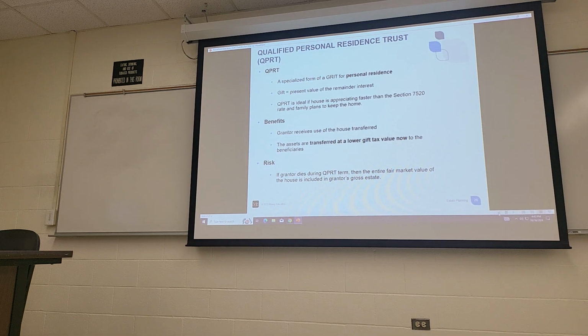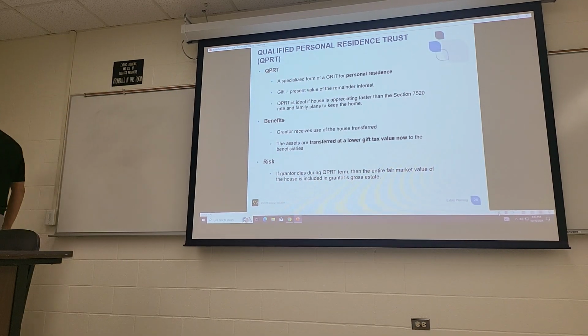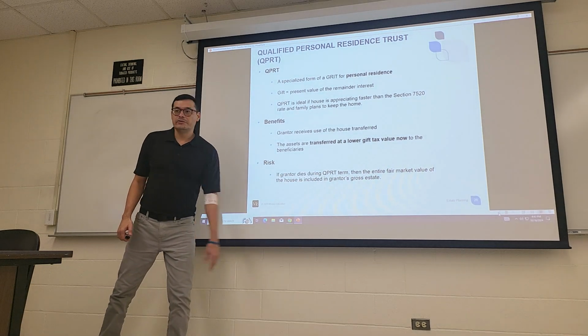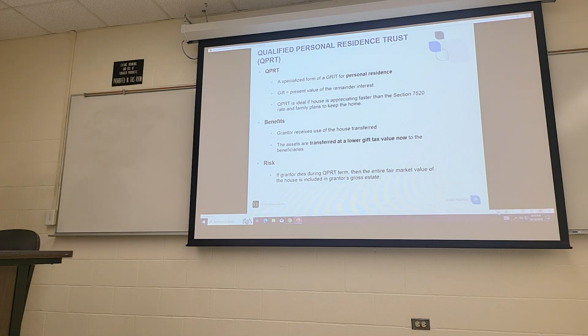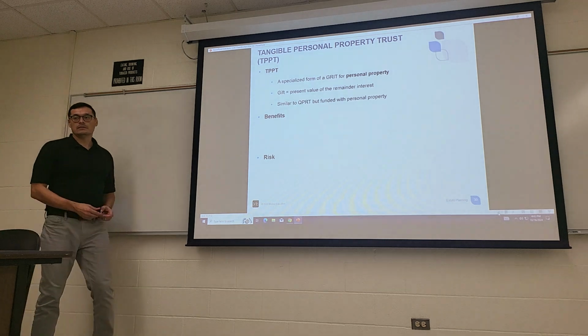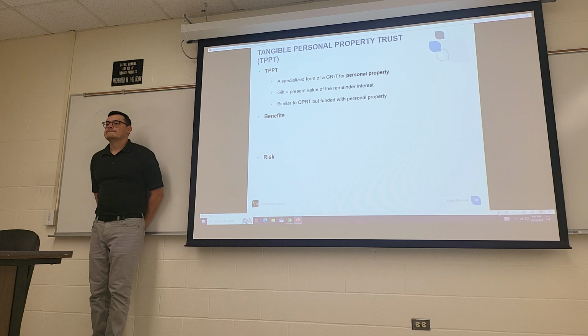And these are not as uncommon as you may think. Same thing though. If the grantor dies during the term, it's still included in the gross estate. So how does the grantor maintain the rights to the property? That's just what is stipulated in the trust documents. I mean, technically after the transfer, wouldn't it be? So you only get the rights to the property during the term. Usually it's going to be for family, so hopefully your kids don't kick you out.